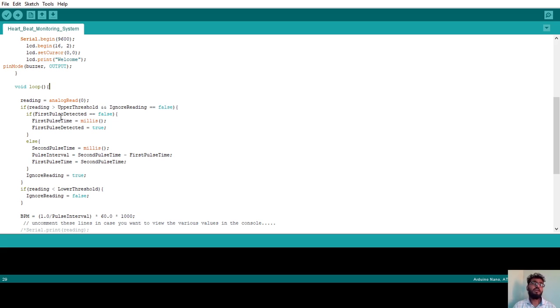Now I am checking if the reading, the heartbeat value I am getting, is greater than the upper threshold and ignoreReading is equal to false. So this condition I am checking. After that, if firstPulseDetected is equal to false, whatever the first pulse time I am getting, I am making it millis. What millis does is calculate the duration in milliseconds. After that, firstPulseDetected, which was initially false, I am now setting to true because the reading has been taken. Else, if this condition fails, then